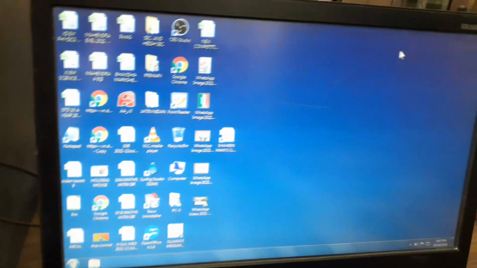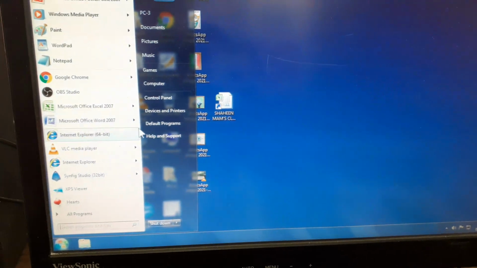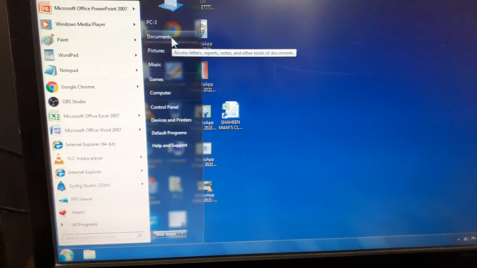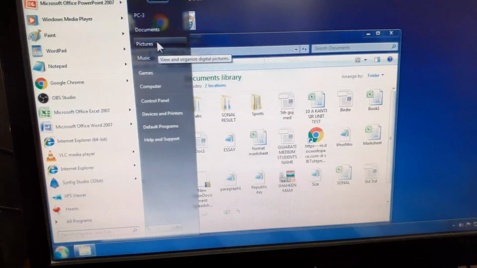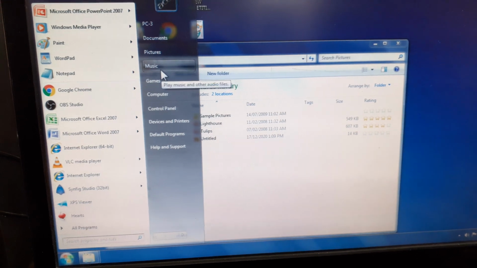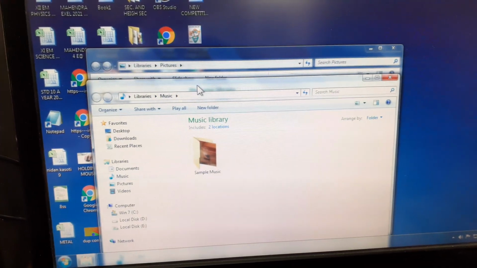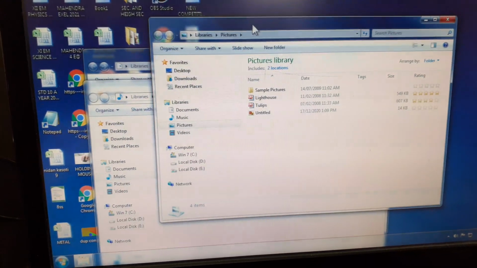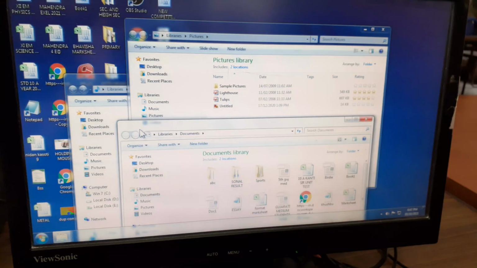Okay, now first of all we will open the documents window from the libraries, then the pictures library, and this is the music library. Okay, now you can see children, here 3 windows are open.